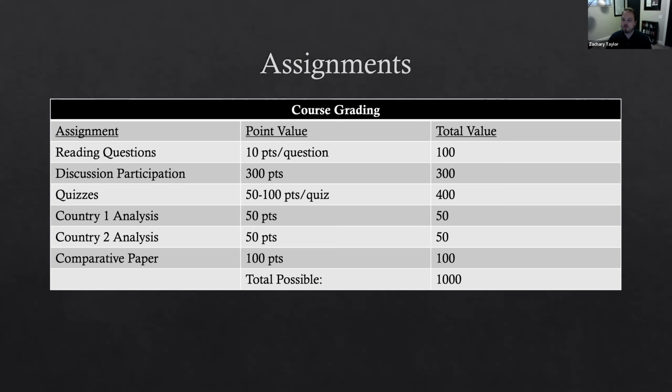And then once we start our discussion sections, which will be on Fridays, those discussion sections will be based around some of the reading questions that are submitted in that reading question section. So essentially, Will and I will look through those questions, pick out some of the ones that we think are good for further discussion, and then use those for those Friday discussion sections to be able to just delve into this material a little bit deeper.